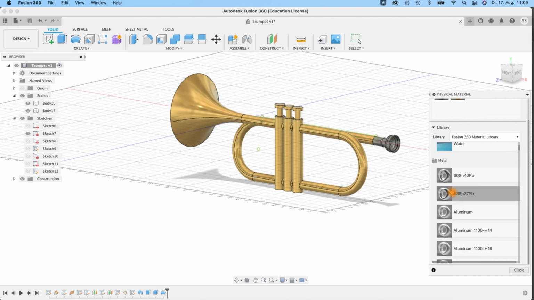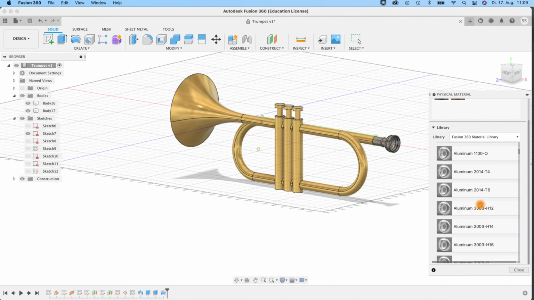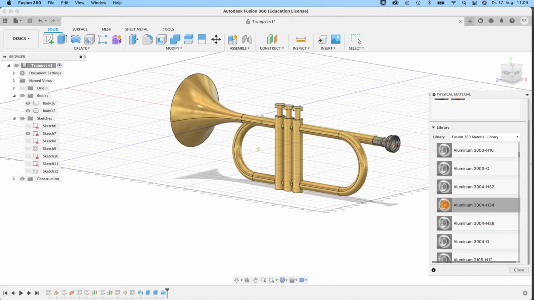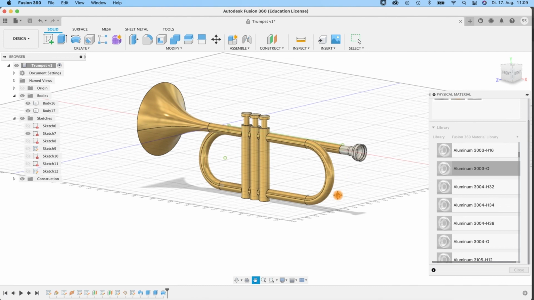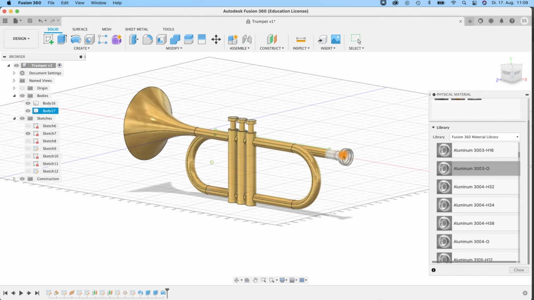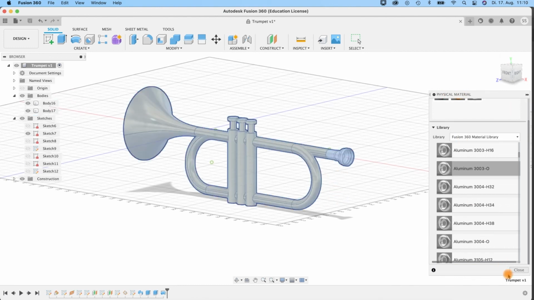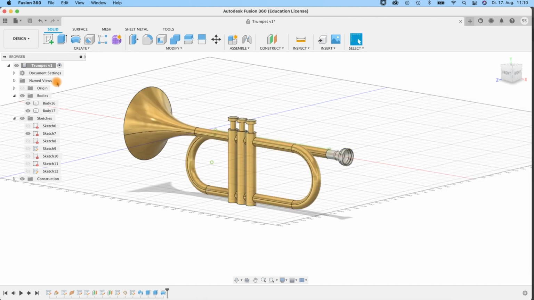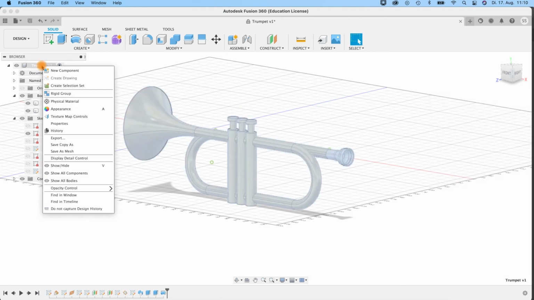I don't know what all the types of aluminium, not sure if I'm taking here the right one, doesn't matter, and I just let it drop over the mouthpiece. Okay, close that. To the trumpet,